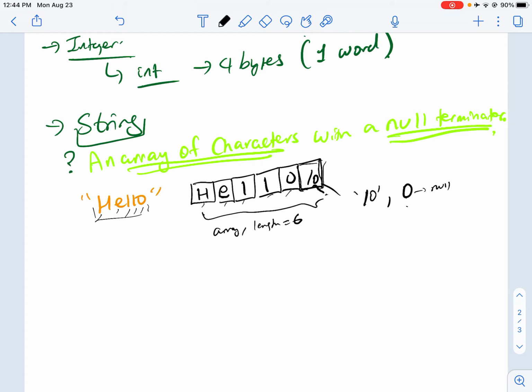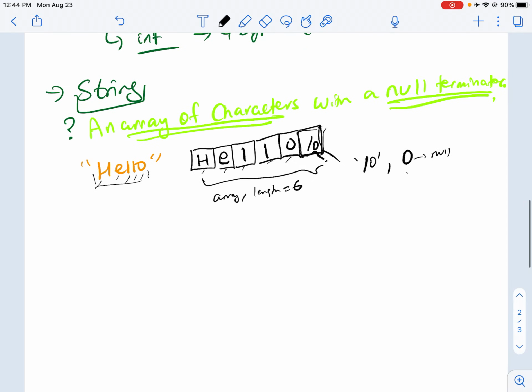So anytime we have a string, the length of the array representing the string is the number of characters in the string plus 1 for the null terminating byte. ሁሌ represent ማድረገው እንደዚህ ነው. Just to see another example,